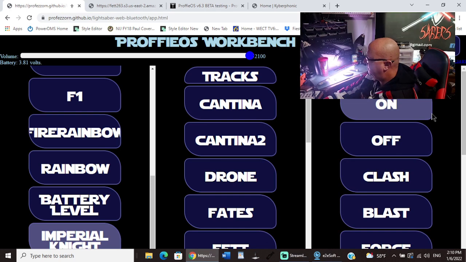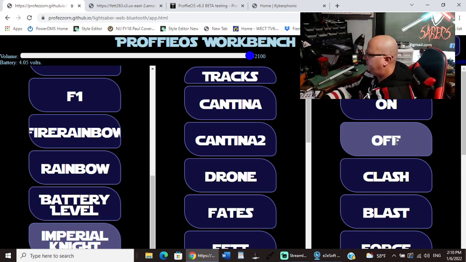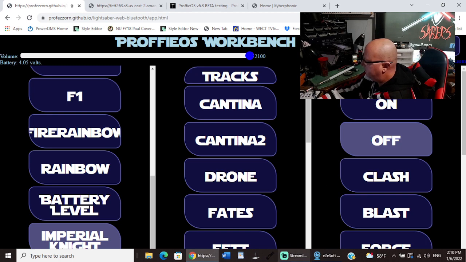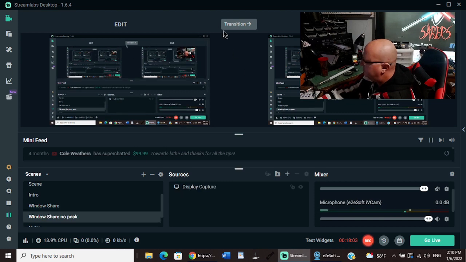So I want to go down and turn the saber off, and that'll about do it for adding presets in the Proffie OS workbench. But one other thing I want to show you, which I have to go back and take my ugly mug out of it because we don't need to see the saber. So I'm going to go back to transition,